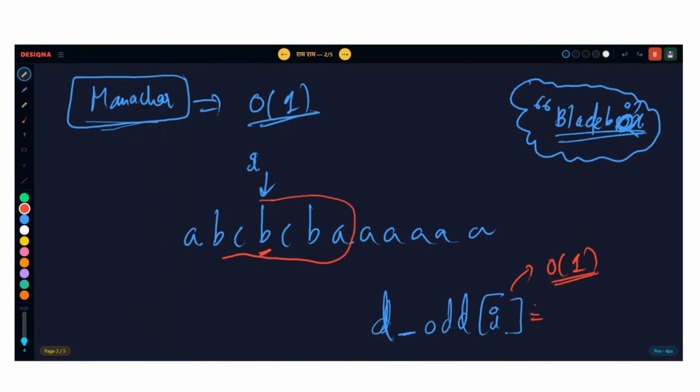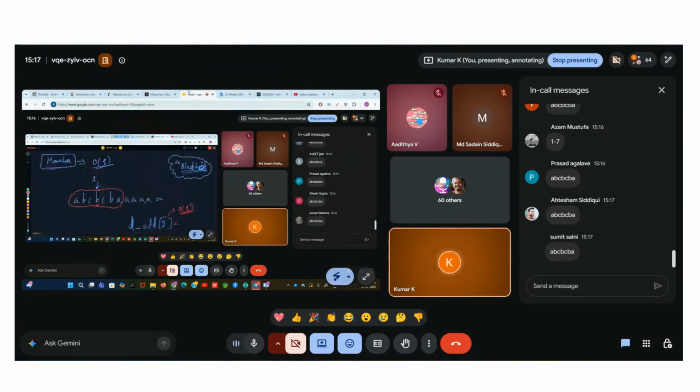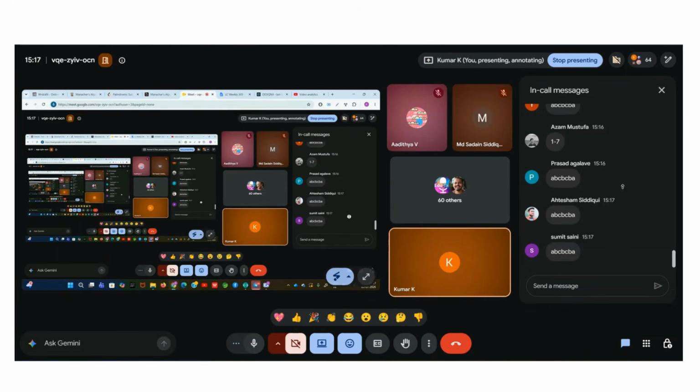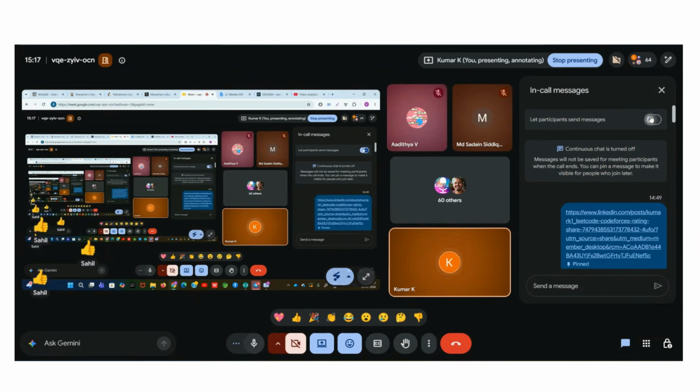B C B A. You guys were writing the correct answer. Good job, guys. D odd of I is A B C B C B A. This is the largest palindrome such that the ith character is at the middle of that palindrome. Okay, clear? So what is the output of